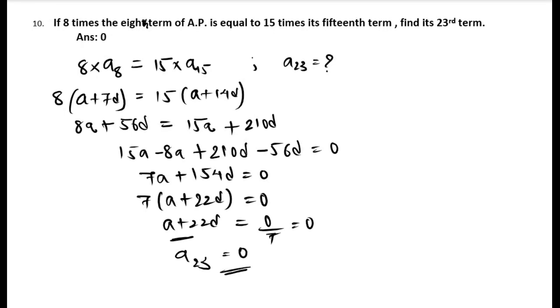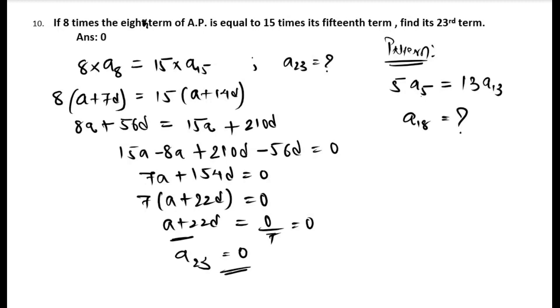Now there is a pattern over here. Always remember the pattern here. You have to solve, you cannot use the pattern directly, but always try to remember it. So if you come across a similar question in examination, you already know what the answer will be. Suppose let's say 5 times the 5th term is equal to 13 times the 13th term. Then what is the 18th term? They will ask you a question like this.